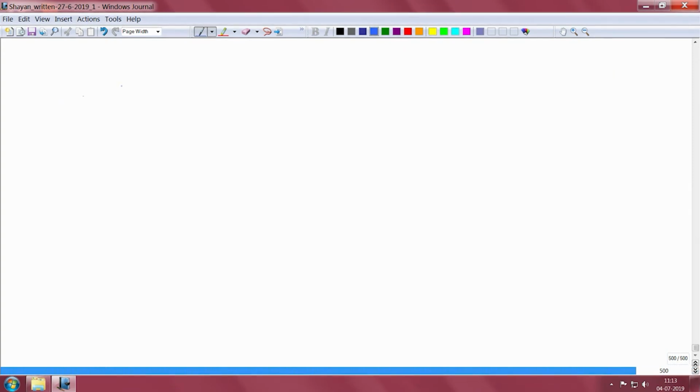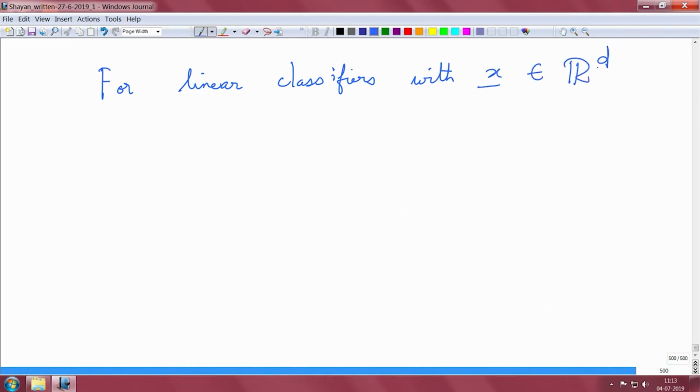So, for linear classifiers with points x in a d-dimensional space, the VC dimension over this hypothesis space is d plus 1, where d is the number of features,